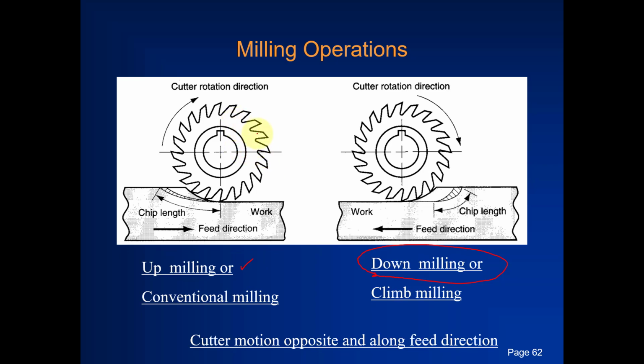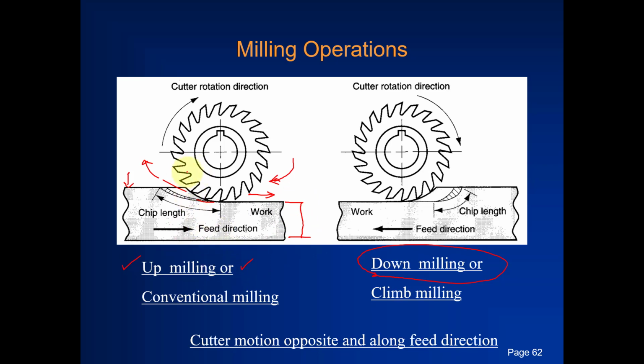Okay, the first disadvantage of up milling is that you can see the direction of rotation of cutter is this, while the workpiece is in this direction. So both directions are opposite. So definitely the cutter will exert a larger force on this workpiece, and it will tend to lift this workpiece in this direction. Clear? So definitely higher forces for clamping the workpiece are required in up milling.